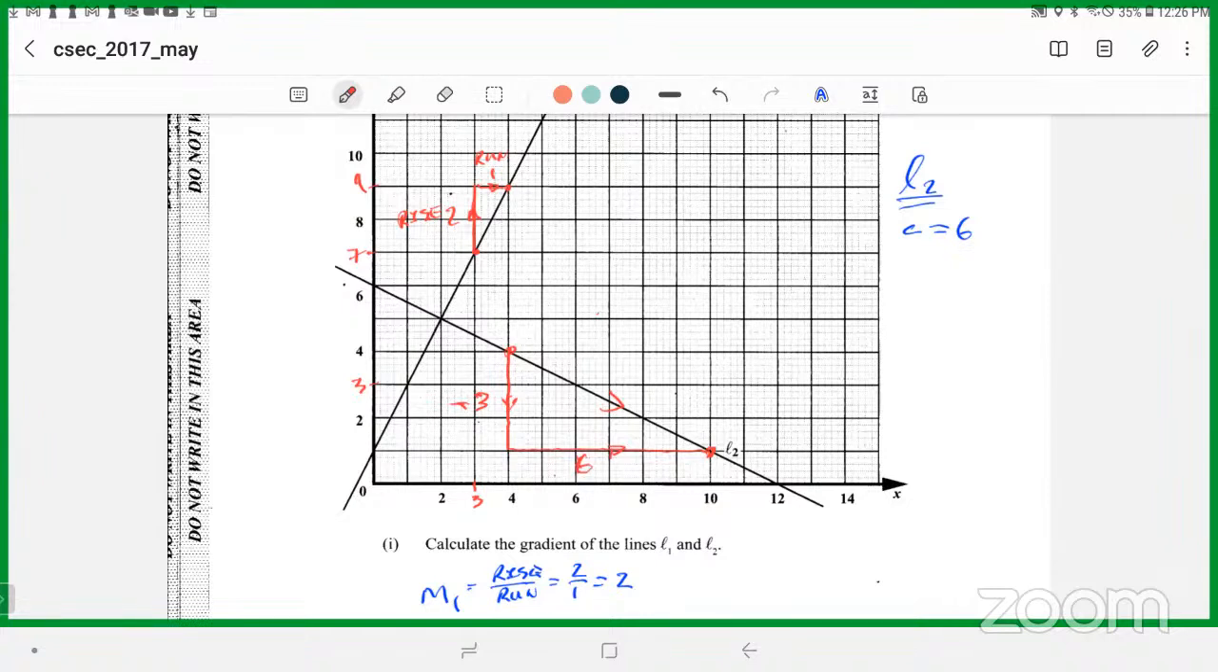So the gradient of line 2, the line we're on now. If you want to put it as rise over run, it would be minus 3 over 6. But minus 3 over 6 reduces to minus 1 over 2 anyway. So I don't usually go to 2 points that are that wide. I go to 2 points that are closer once I can see